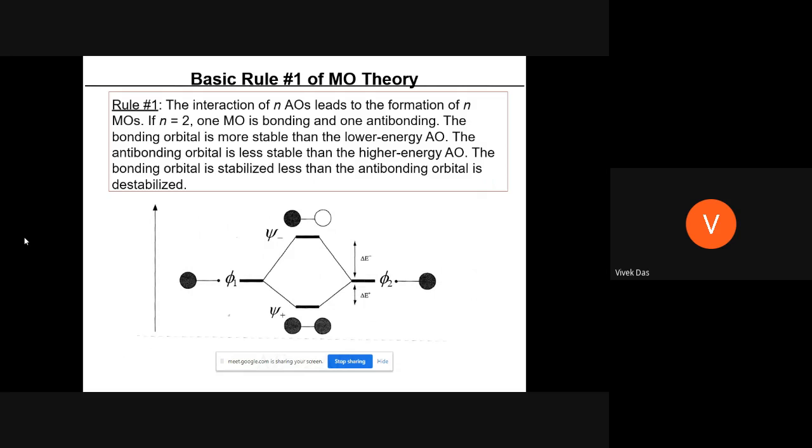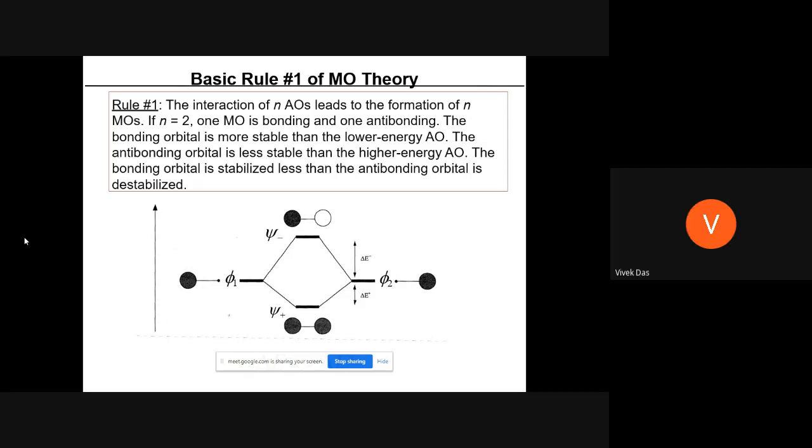Now I want to ask you a question. From what I have told you till now, why can hydrogen form a molecular orbital easily, whereas helium cannot? The only difference between them is that hydrogen has 1 electron in its valence orbital and helium has 2 electrons. Can anyone, the chemistry guys, easily tell that? For helium, the bond order becomes zero, meaning two electrons in bonding and two electrons in anti-bonding, so bond order becomes zero.